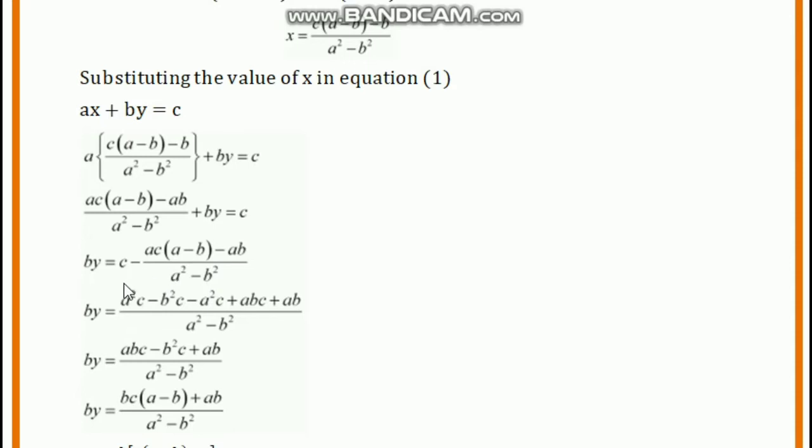Here the denominator is 1, but this term contains the denominator as a square minus b square, so we need to take LCM. Okay, if we take LCM, the LCM is a square minus b square, so multiply by a square into c, a square c, b square into c, minus b square c, then again multiply ac into a, so minus a square c, again multiply by minus abc, then minus into minus is plus ab. Then here see this,